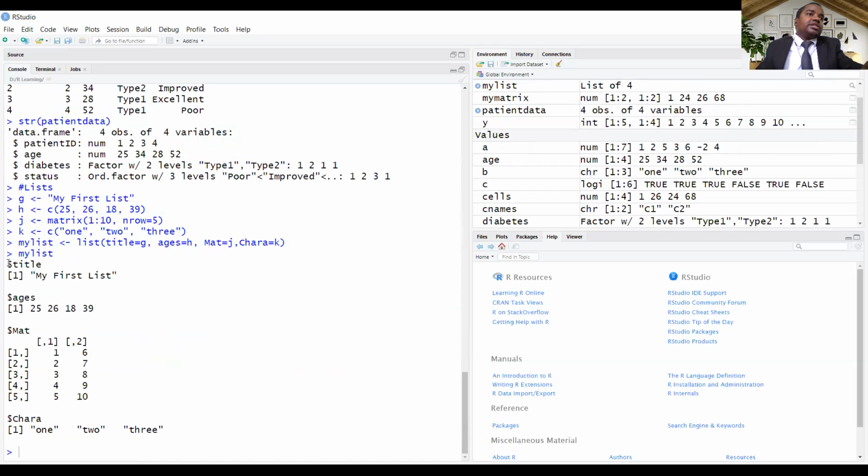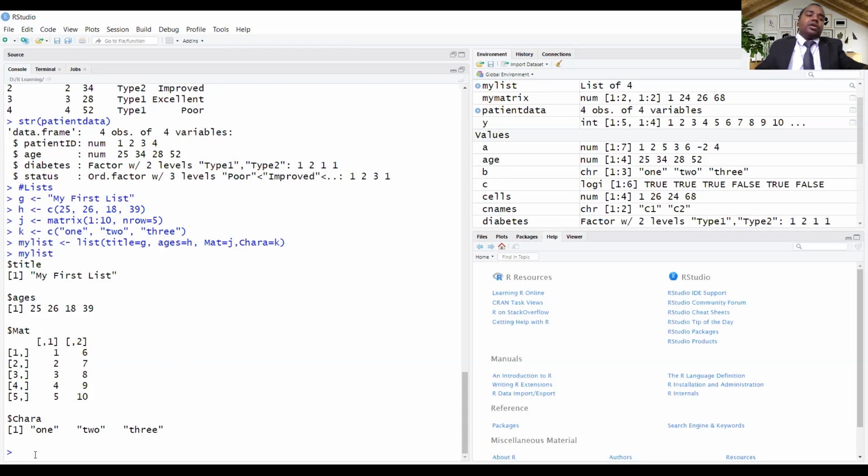So here we can see title has been printed as my first list, age has been printed as this 25, 26, 18, 39, and matrix is printed as 1, 2, 3, 4, 5, 6, 7, 8, 9, 10. Then character are 1, 2, 3.